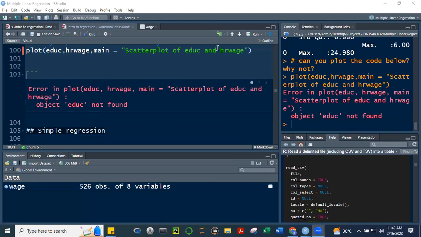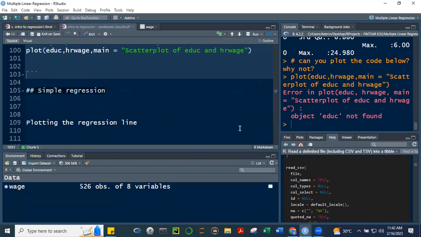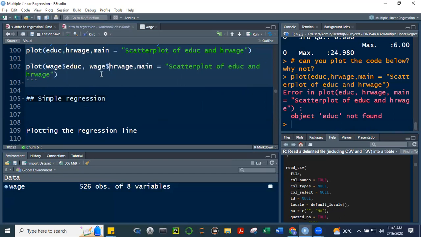So, sabi ni Jonas dito, well, hindi nare-recognize ni R. R does not recognize educ and hourly wage. It's not here in your data. And we know this education and hourly wage are from your wage data set. So what we can do is, Jonas suggested that we attach object, or we can just identify that this is coming from wage, okay, and the hourly wage is coming from the wage data set. Okay, so when we do that, that means that we are identifying these variables, education, from the wage data set and hourly wage also. And then maybe we can,